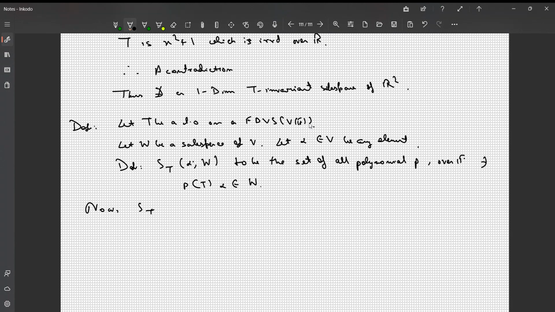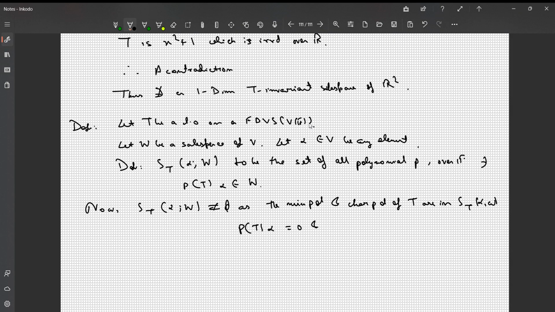Is it obvious? Now, this set S_T(alpha; W) is non-empty, as the minimal polynomial and characteristic polynomial of T are in this set. And why is it so? Because